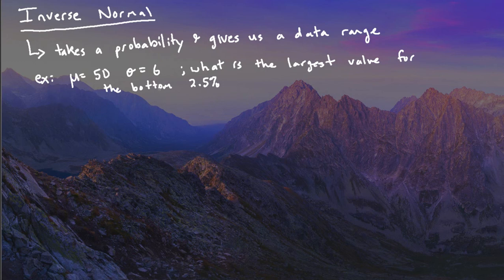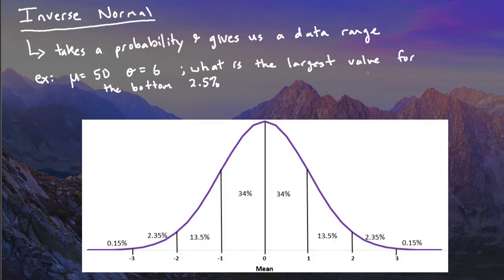We have a mean of 50 and a standard deviation of 6, doesn't matter what we're talking about. And I'm asked, what is the largest value for the bottom 2.5%? If I take a look at my normal distribution, this is where we started. We estimated each of these intervals within a deviation. So our mean in this example is 50. That means within one standard deviation is 56, and within two standard deviations is 62, and within three standard deviations is